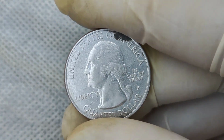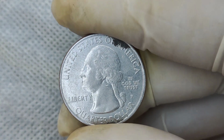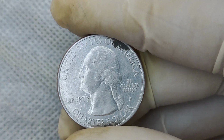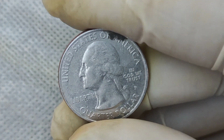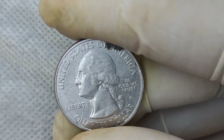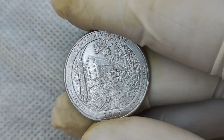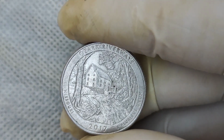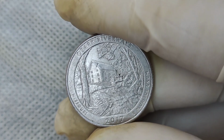The Ozark Riverways quarter is part of the America the Beautiful Quarters series, which started in 2010. The series was designed to honor national parks and historic sites across the United States, and each quarter features a different location. In 2017, the Ozark National Scenic Riverways, located in southern Missouri, was selected to be featured on a